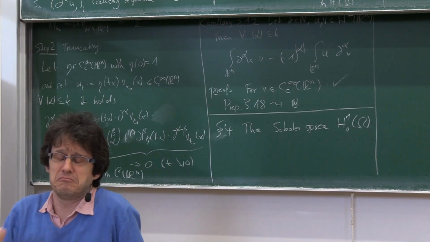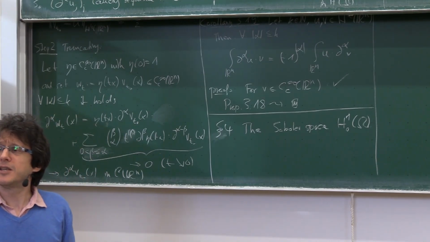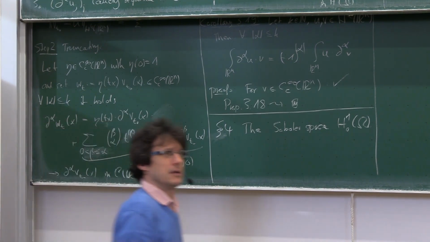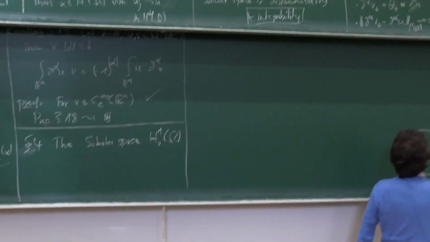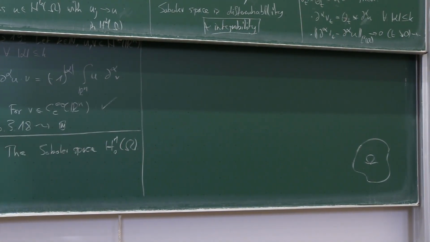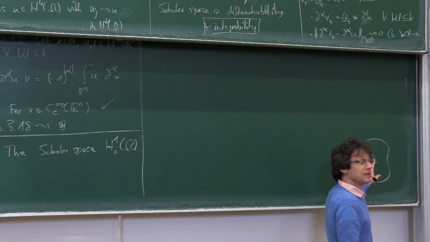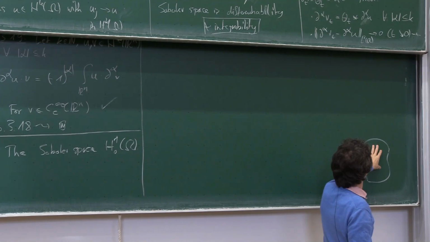And this, if I say it like that, you will say, okay, this makes sense. Be aware this doesn't make sense. This doesn't make sense at all. If I have a domain omega, even in R2, and I look at H1 functions, then these are L2 functions that have a weak derivative that is in L2. And so this is an L2 function here, and I want to talk about the values of this L2 function